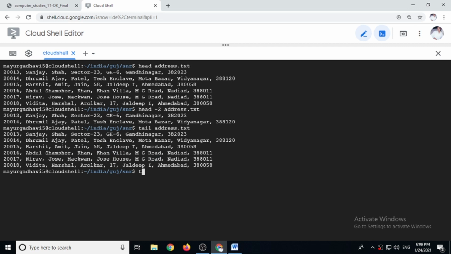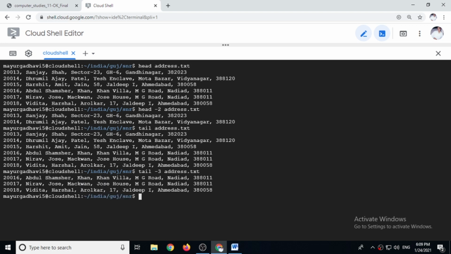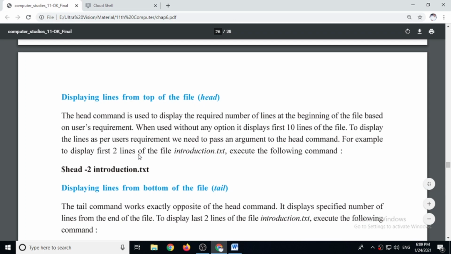Here also you can use option. For example, tail -3 address.txt. Then it will show you last 3 records. So this way head and tail filters work.